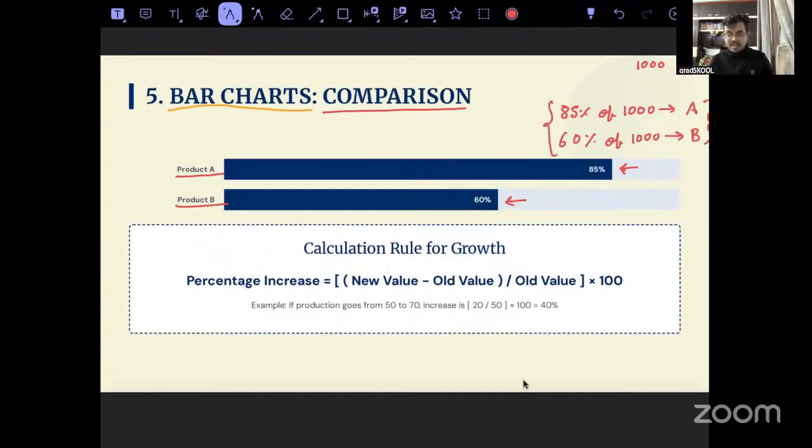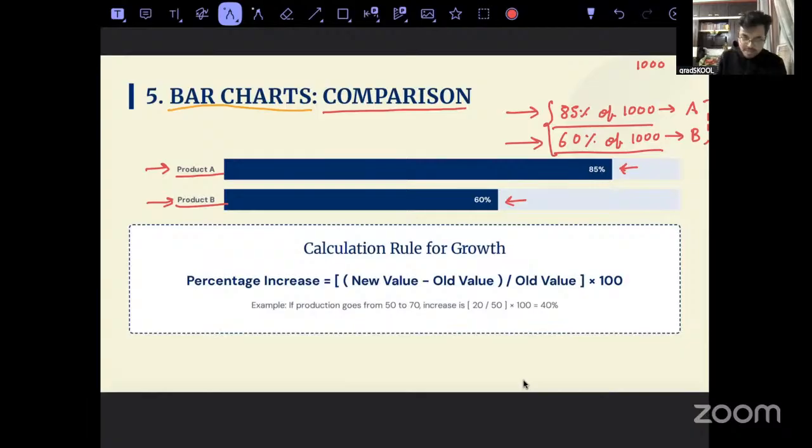So this is how you interpret bar charts. What we did in this, we interpreted product A, we interpreted product B, we wrote down the corresponding values, and then we'll solve this, we'll get some numerical values. So that's not the thinking right now. You just have to think how to interpret the graphs, how to interpret the charts, and write it down for you.